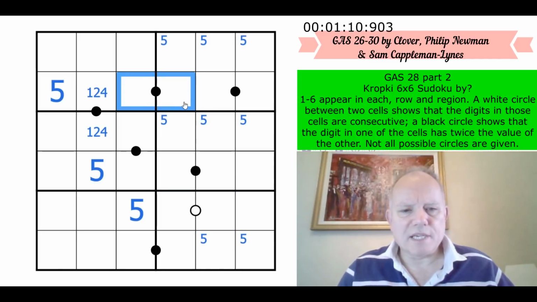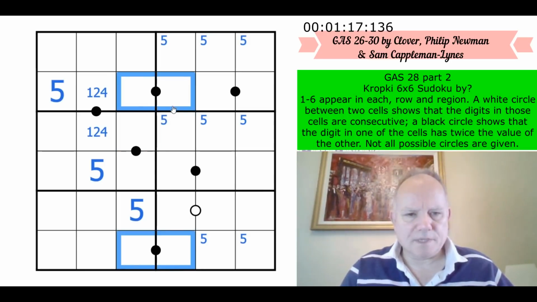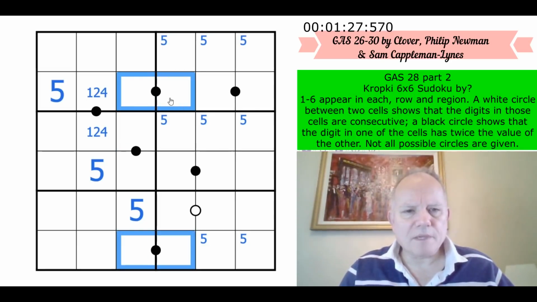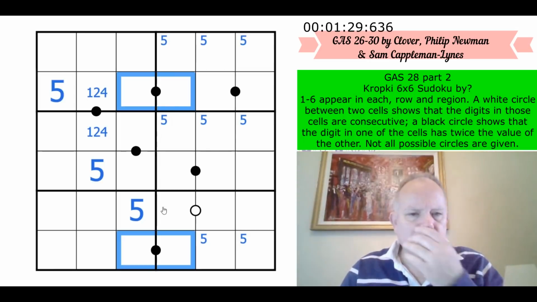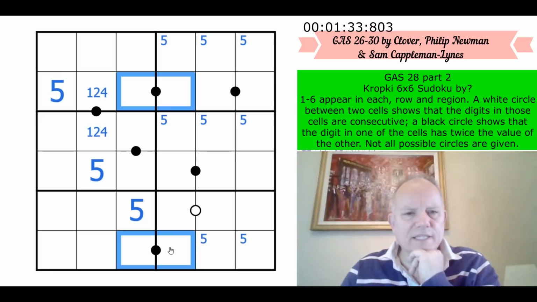If that's 3, 6, then that's from 1, 2, 4. That would also have to be 3, 6. These two must be... Yeah, if they're from 1, 2, 4, that's 3, 6. So they must be from the same group of either 1, 2, 4 or 3, 6. Now, if they were 3, 6,